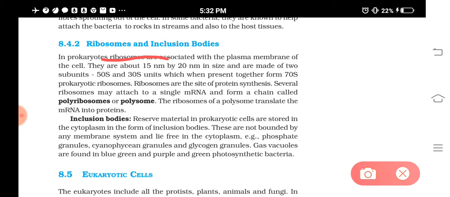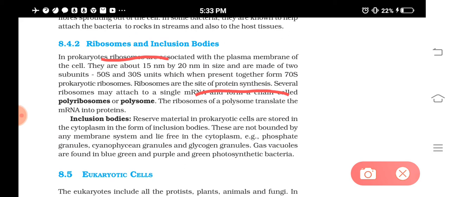We will study the detailed structures of ribosomes and other organelles in the following classes of this chapter. For now, just understand that there are two subunits, and the subunits are seen separately. But the main function of ribosome is what? They help in the process of protein synthesis. What are proteins? They are formed from the polymerization of amino acids, isn't it? So this process, the polymerization of amino acids to form protein, is taking place where? In the ribosomes. Is it clear?